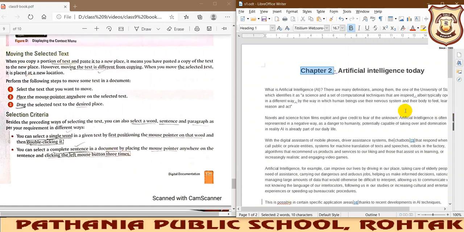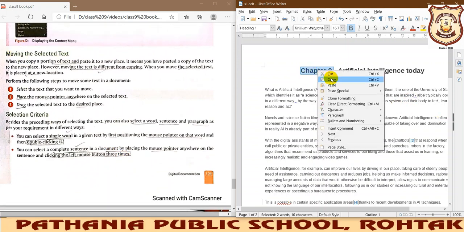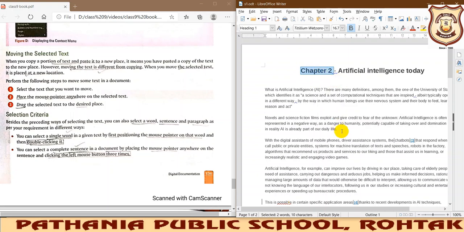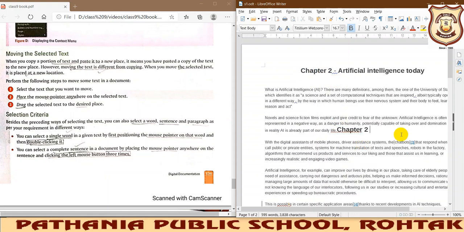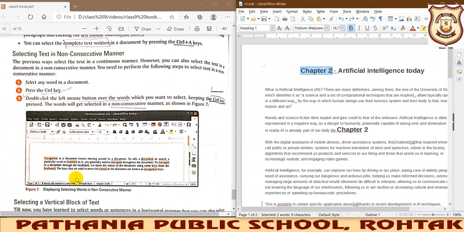Moving the selected text means, if you are copying it, okay, so it will remain here and it will come here also, right? This is your copy and paste. But now I am talking about moving of the text. How to move the text means you just cut it using Control X, it will be cut, and now you paste it using Control V. So now you have moved this text from one place to another. Okay, I can redo, undo n number of times, there is no problem at all. Fine. Again, if I redo, it will come back to its original position. Similarly, you can move further.